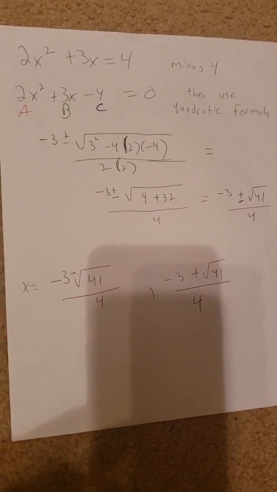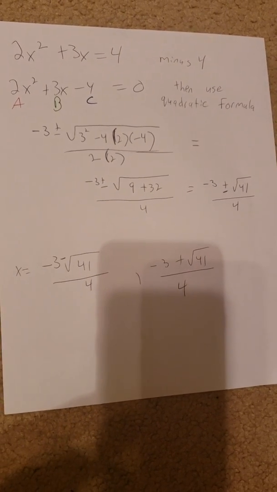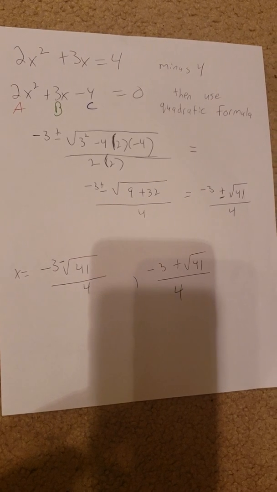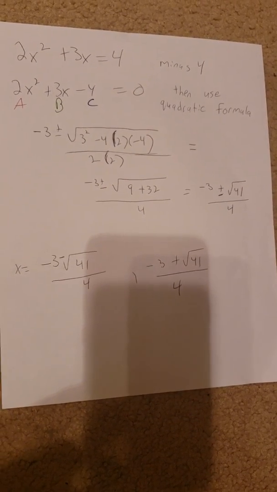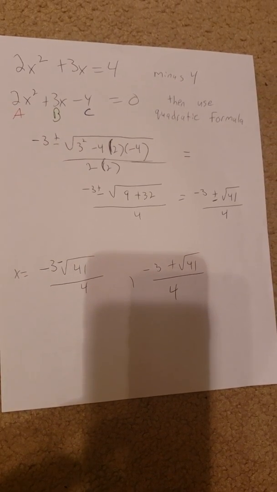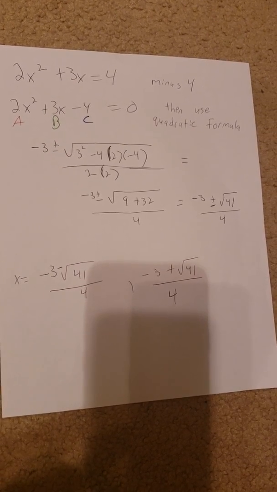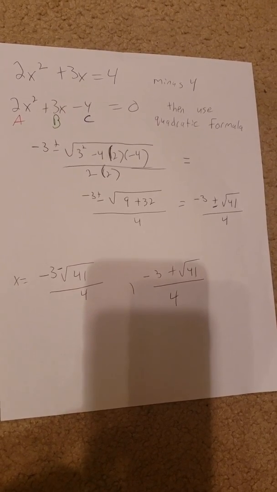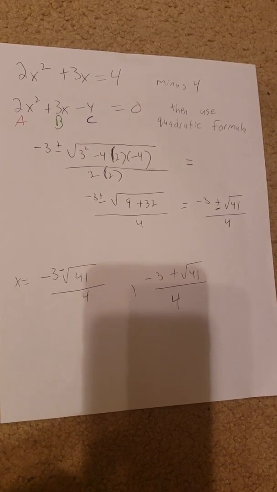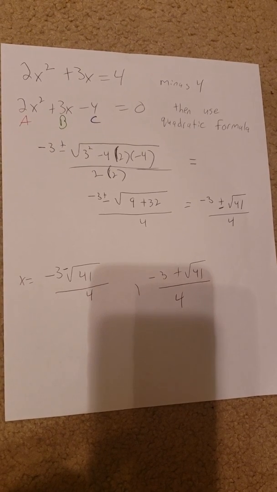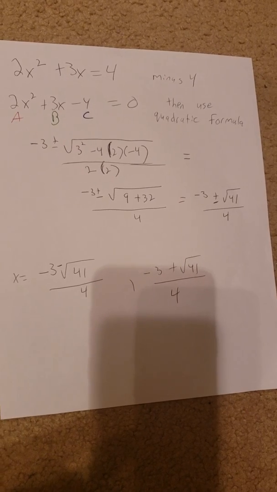For this equation, we have 2x squared plus 3x equals 4. We have to minus 4, and that is going to give us 2x squared plus 3x minus 4 equals 0. Then we use the quadratic formula, and we identify our a, b, and c. That is going to give us negative 3 plus or minus the square root of 3 squared minus 4 times 2 times negative 4 all over 2 times 2,